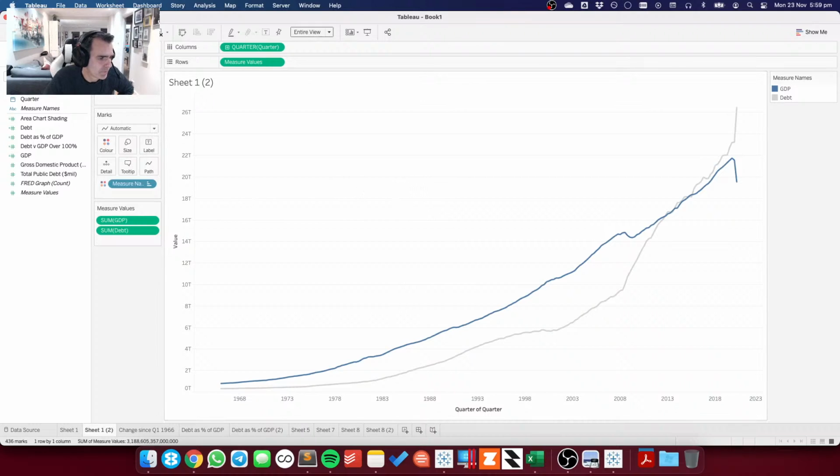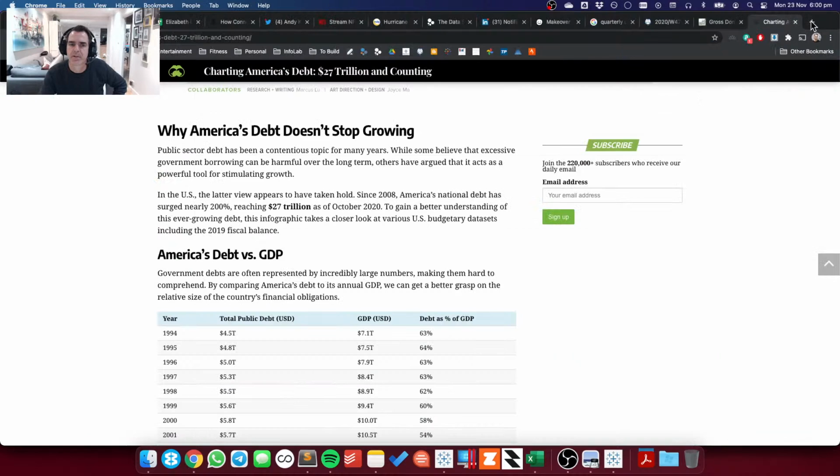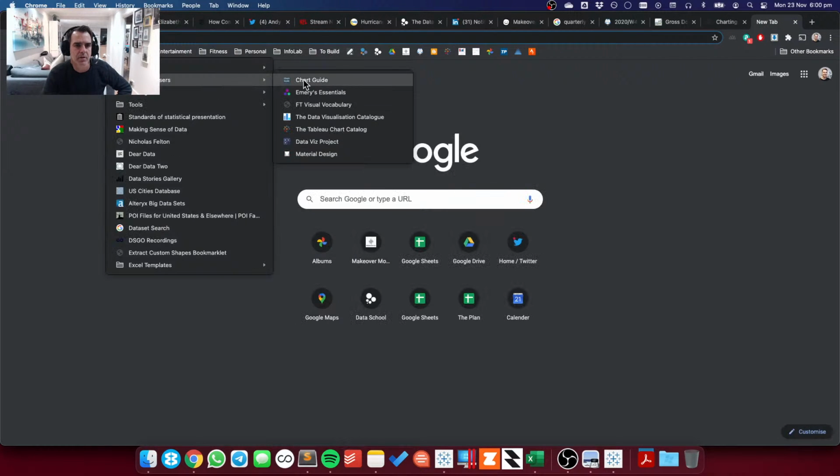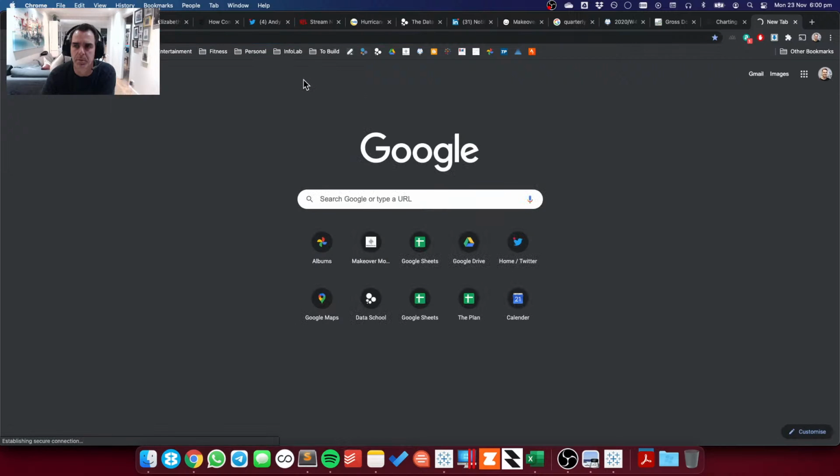Okay, a comet chart wouldn't be very good. A slope graph probably wouldn't be really good. Bump chart. Okay, a lot of these aren't really particularly useful, so I'm going to go out to my favorite chart guides, see if there are any other ideas. So chart chooser, and I'll link to all these. I use these quite a bit.